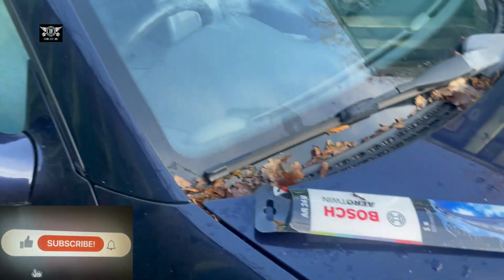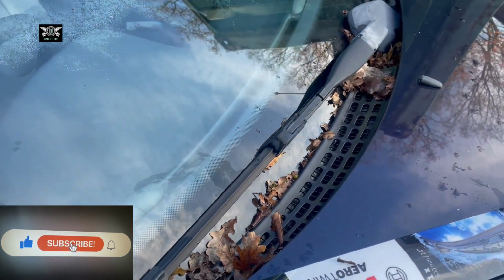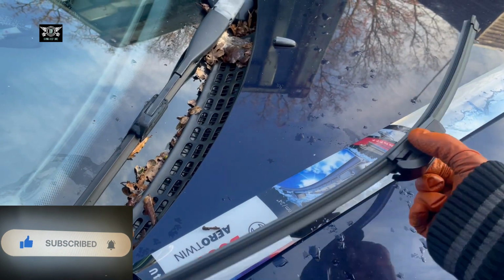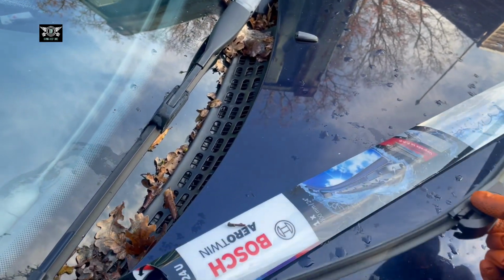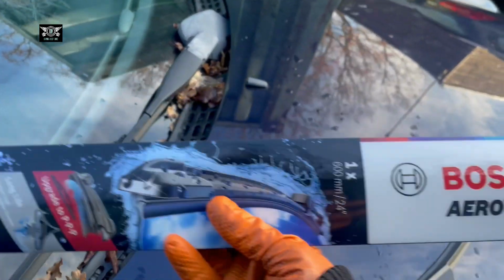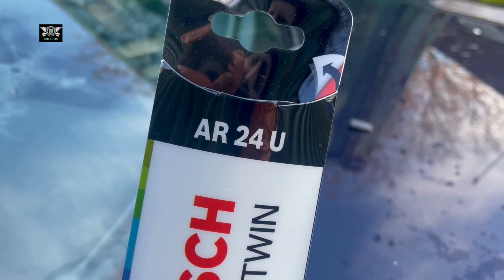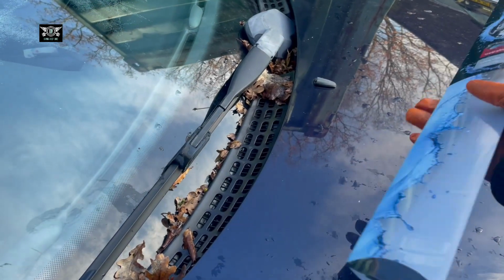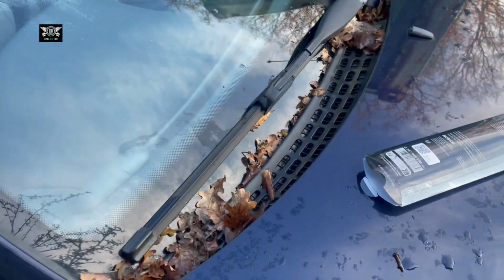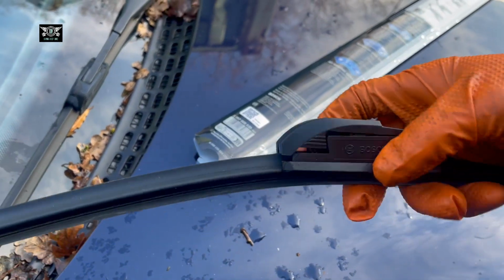In today's video I have my CLK here, the W208. This is a 2002 model. I'm just gonna change the wiper blade here. I've got a new one, this one here. It's a Bosch Aero Twin, AR24U. So this car obviously only has one wiper blade, and the way it fits is basically we need to